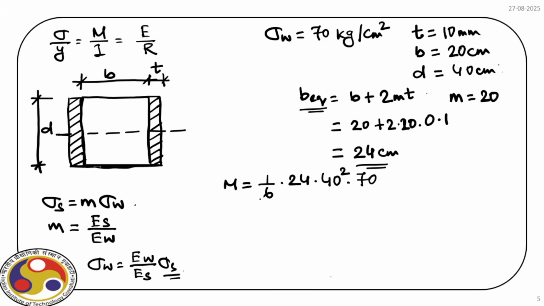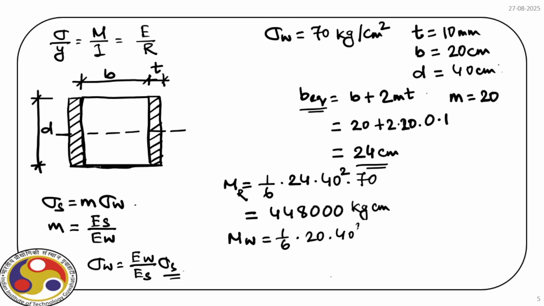Now, if you evaluate this, you'll get the moment of resistance of the combined section in kg centimeter. We can also find out the contribution from the wood, and if we do that, again, we have 1/6 times B is 20 times the depth is 40 square times 70. So this is equal to some value in kg centimeter,